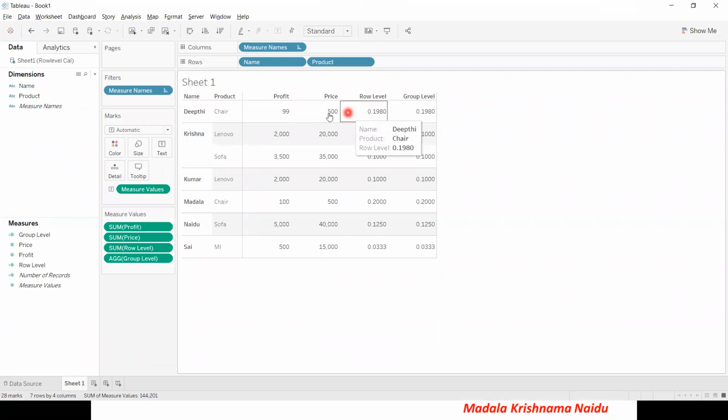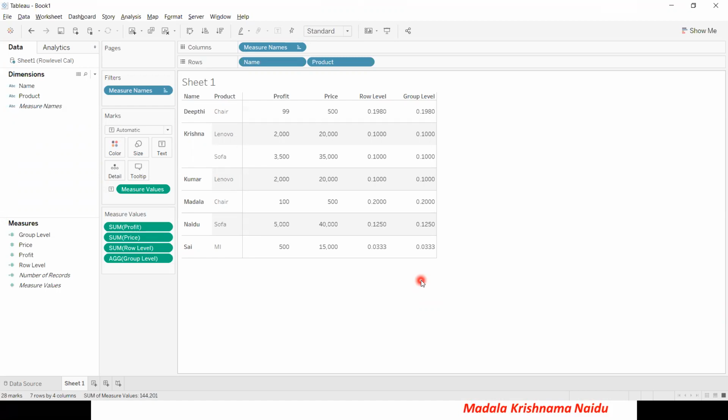Now you can see the row level value and the group level value are both the same. There is no difference because the visualization is at a more granular level.